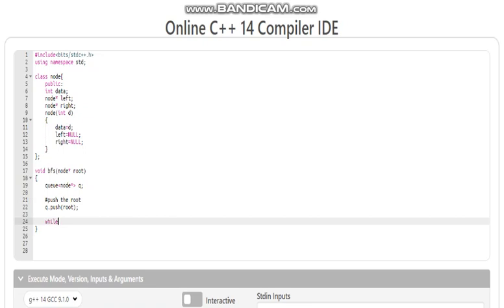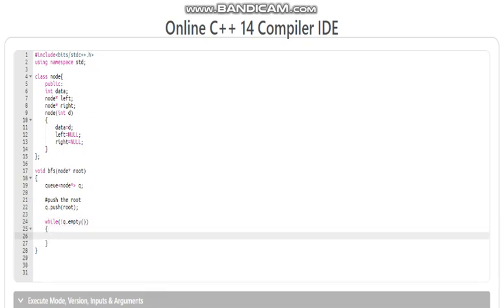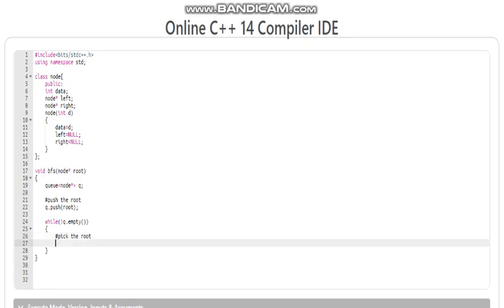Then we will run a while loop until the queue is found empty. And in this while loop we will first pick up the root. So we'll make a variable of type node star. Let's say front.